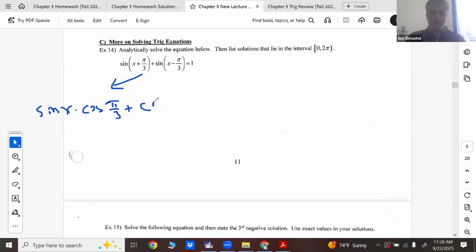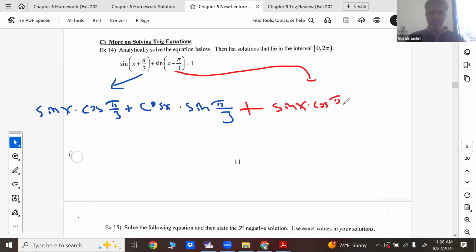Plus cos x times sine pi over 3. And there's still more. I'll switch to red. Sine x times cosine pi over 3 minus cos x